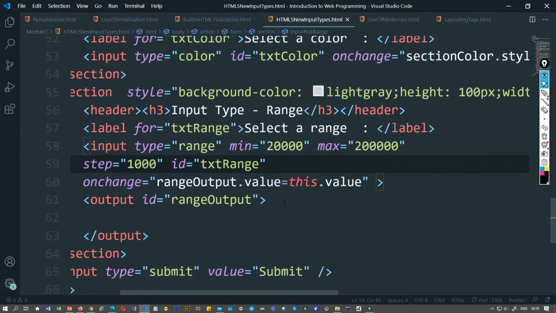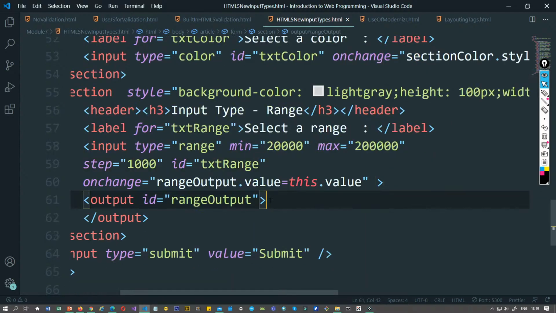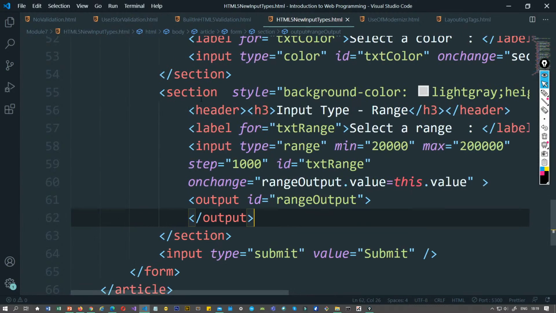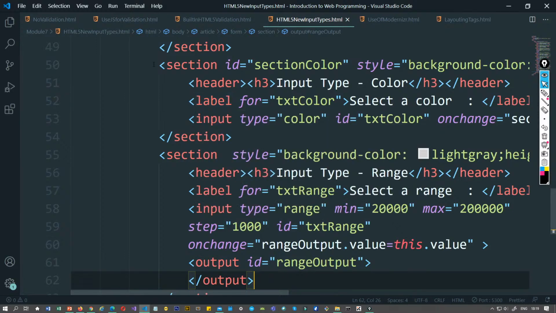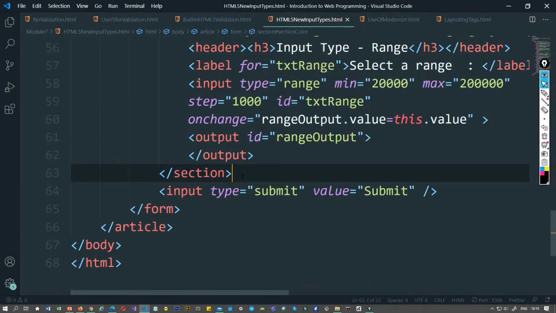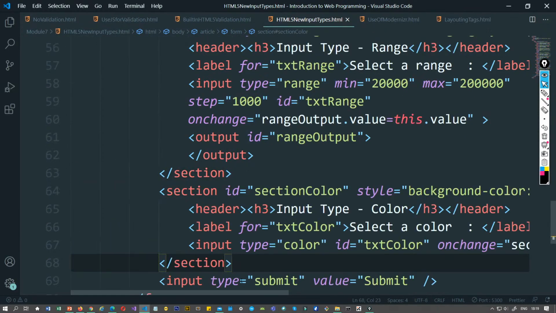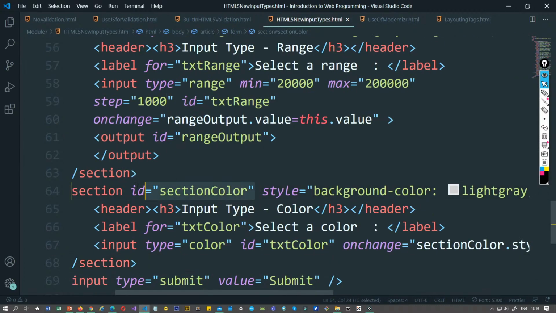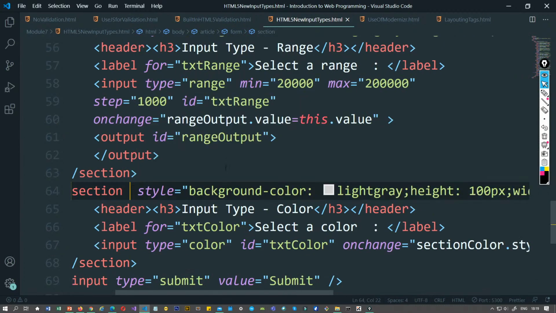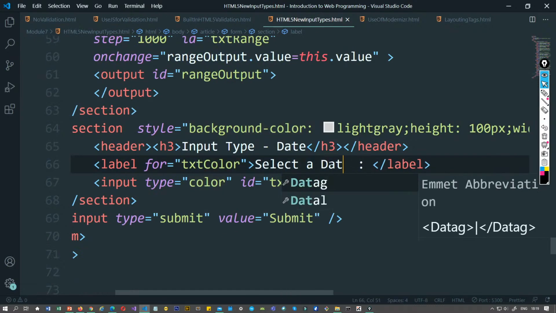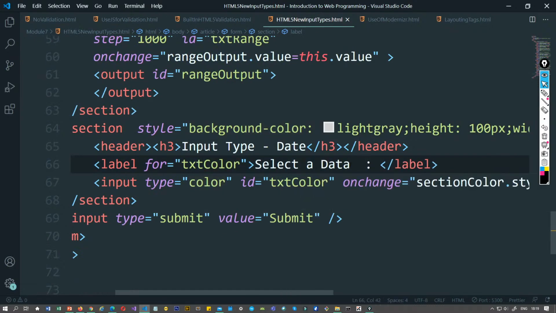Now come those controls which are related to the calendar control. So let's see this section. I'll just copy it, go back and use it for the calendar control. Now for this I need to say input type equal to date. So I'll select date, and this